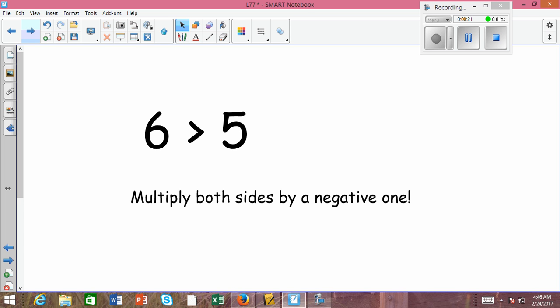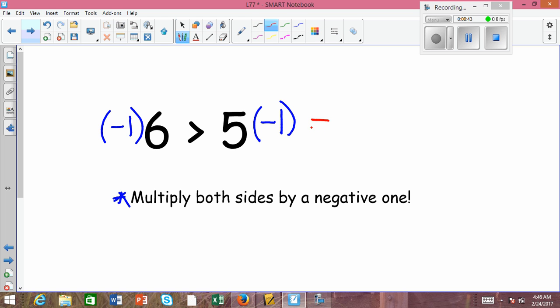On the next page here we have 6 is greater than 5. Well, I have a very bossy board and it is telling me exactly what to do. Very nice. We are going to multiply both sides of this inequality by a negative 1. So over here we're going to multiply this side by a negative 1, and we are also going to multiply this side by a negative 1. Simple, right? You think. Negative 1 times 6 is negative 6. Negative 1 times 5 is